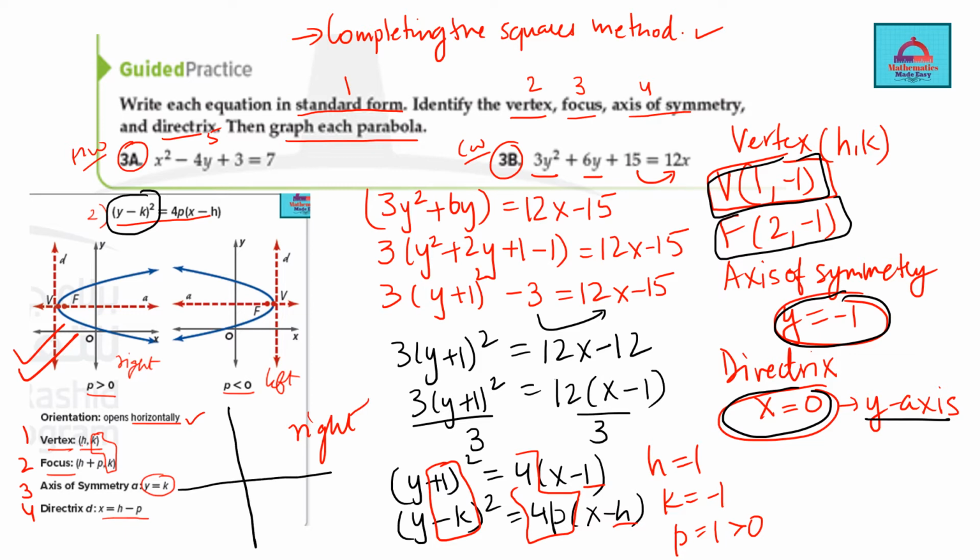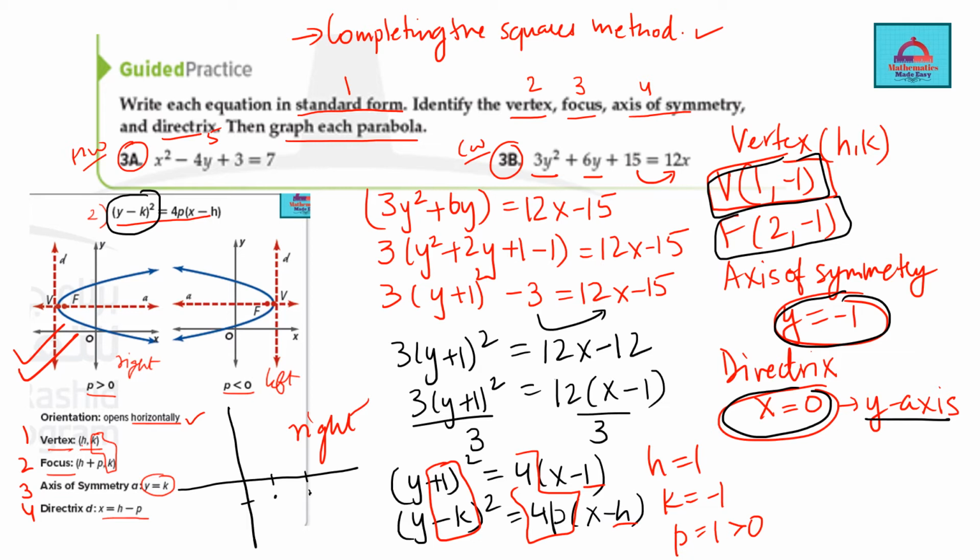I'm going to quickly draw a rough one. So x is 1, y is -1. If this is (1, -1), this is the vertex. The focus point F is x equal to 2 and y equal to -1. So this point,